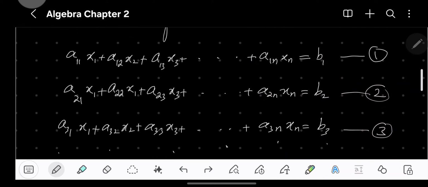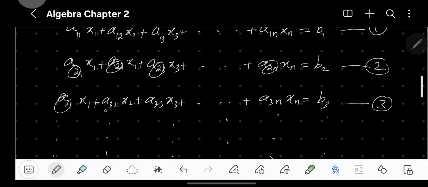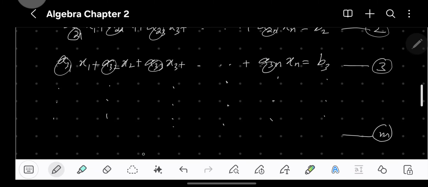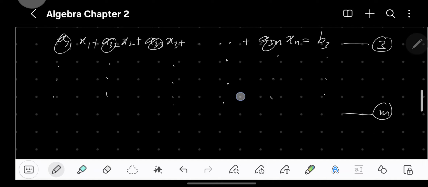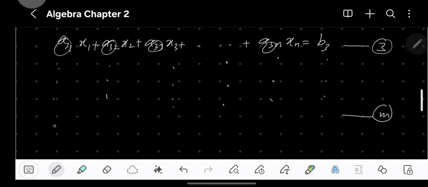For the second equation, the first index is 2. For the third equation, the first index is 3. So what will happen for the mth equation? It is obvious that for the mth equation, the first index must be m. So I should write